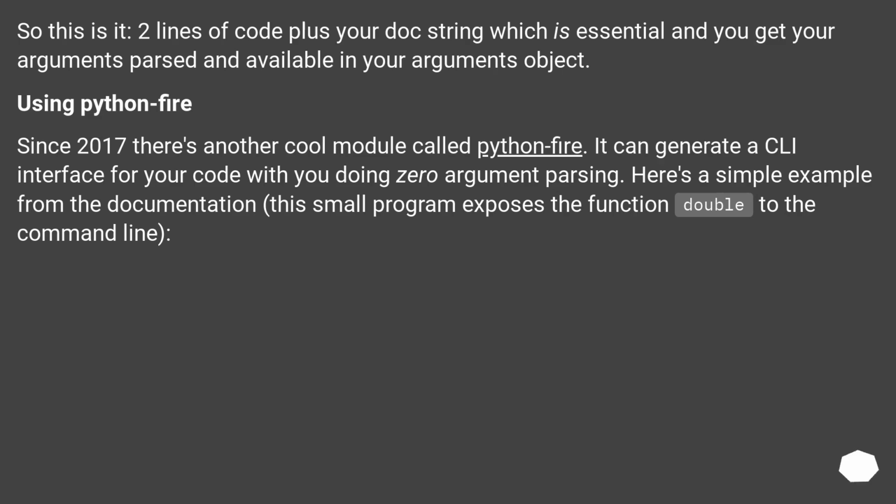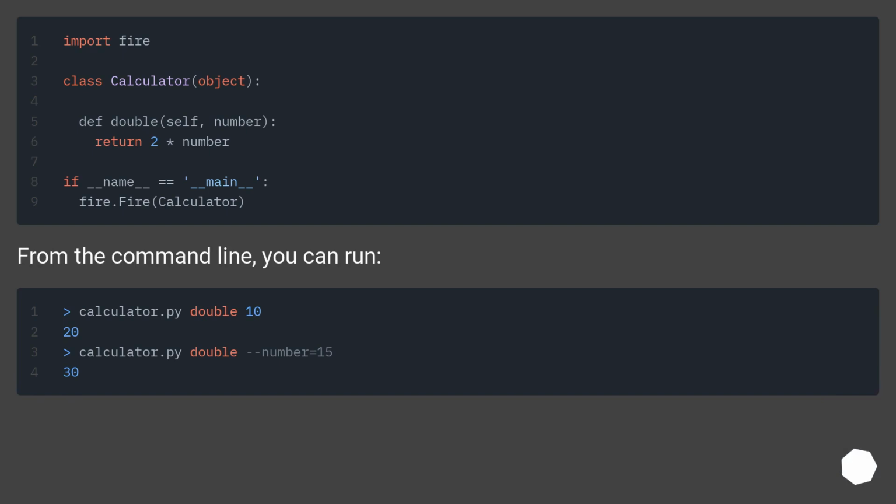Using Python Fire. Since 2017 there's another cool module called Python Fire. It can generate a CLI interface for your code with you doing zero argument parsing. Here's a simple example from the documentation. This small program exposes the function double to the command line. From the command line, you can run